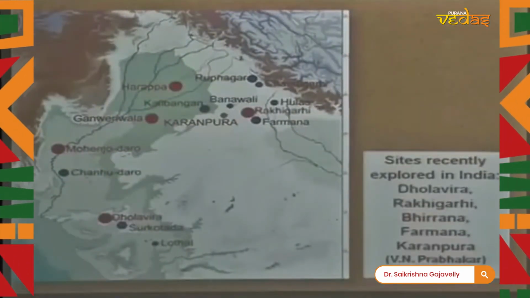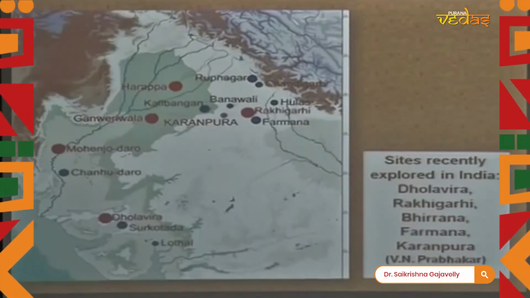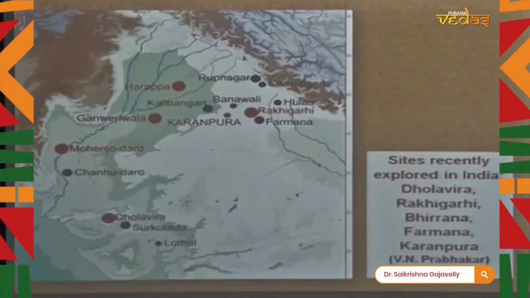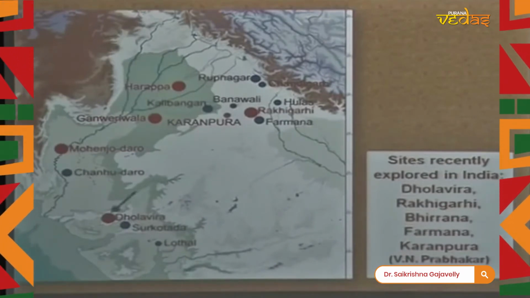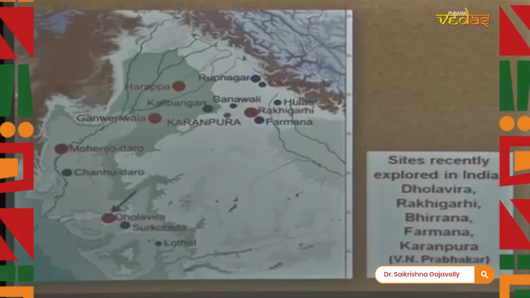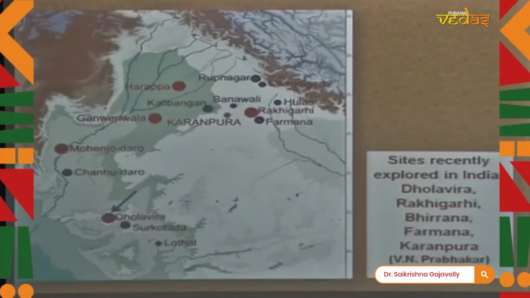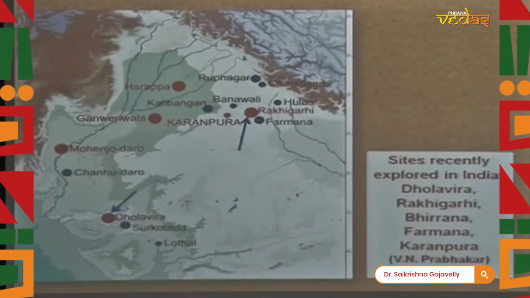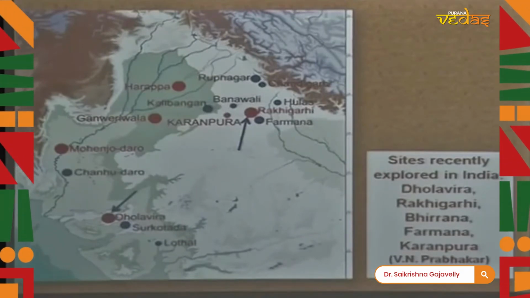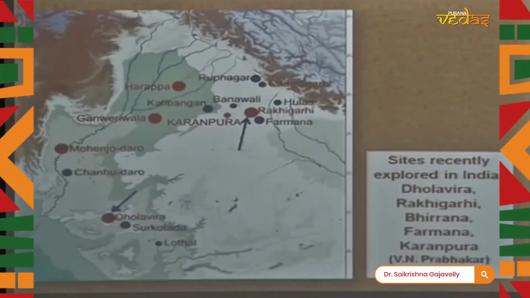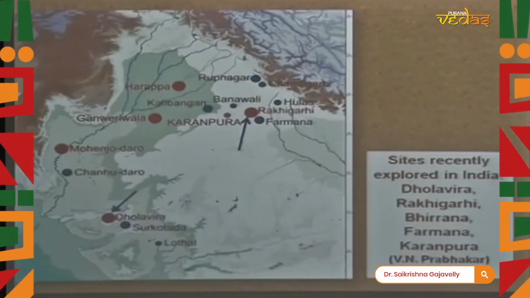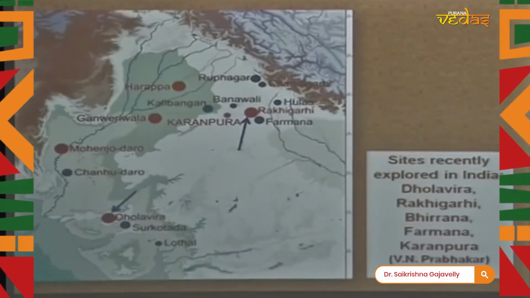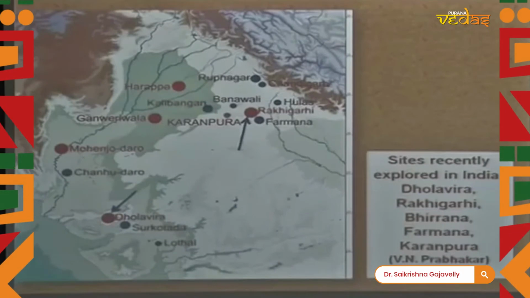And now these are some of the new sites which I want to show you. I'm not going to show you, in fact, Mohenjo-daro and Harappa, because those are fairly well known. Rather, I'm going to show you sites like Dholavira, which was excavated in the 1990s in the Rann of Kutch in Gujarat. Rakhigarhi, I will not show you because we don't have yet enough published material, but it's a huge site, unfortunately scattered over several mounds which are occupied by villagers in Haryana, so the archaeologists have difficulty accessing the archaeological material. We will never have, unfortunately, a total view of Rakhigarhi because that would mean removing the villages, number